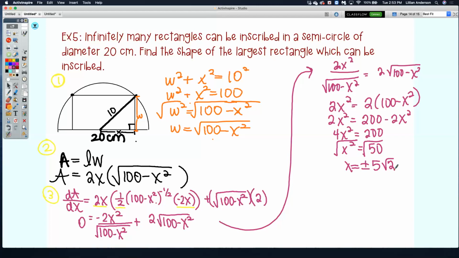Now, first off, only one of these makes sense. Which one? The positive, because it's supposed to represent the length of a rectangle. And can I have a negative length? I cannot. Okay? So, let's just make sure the positive value does give us